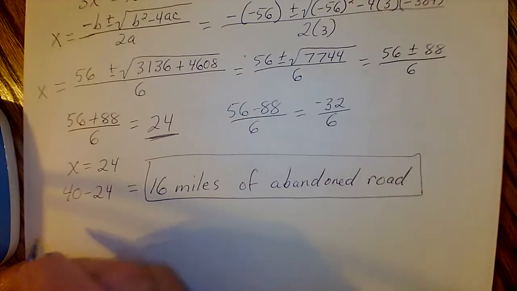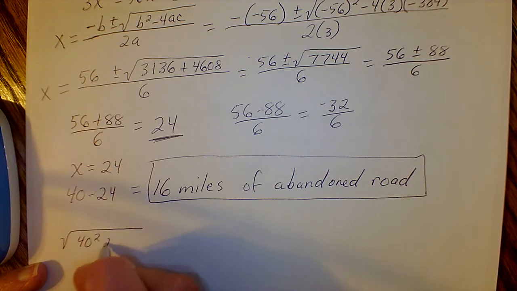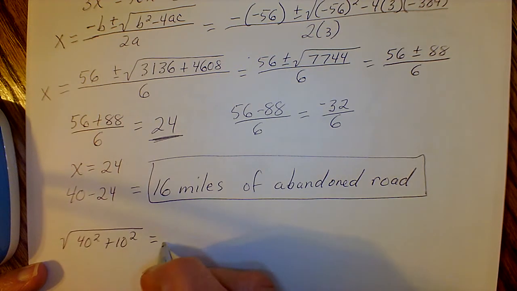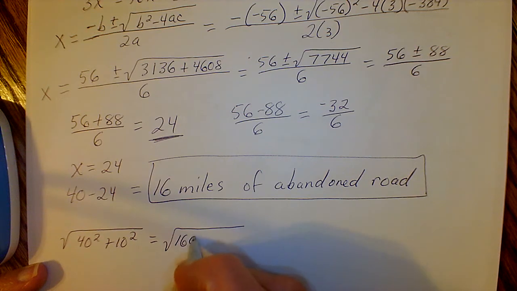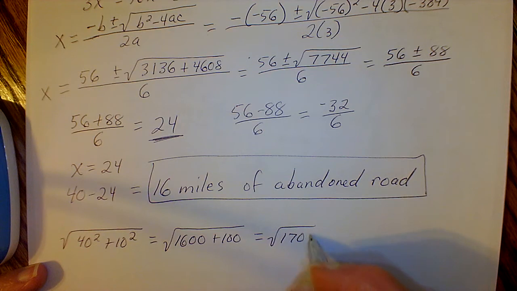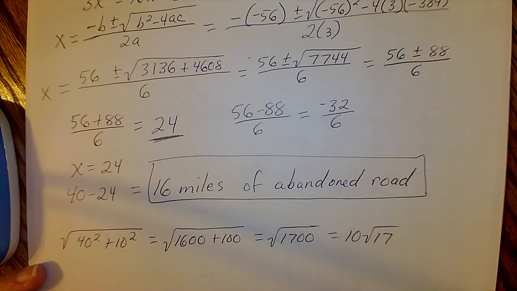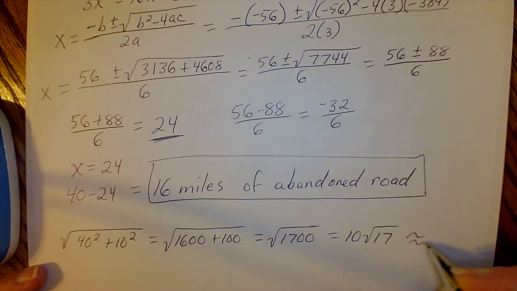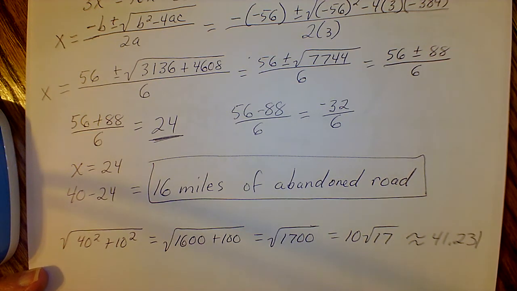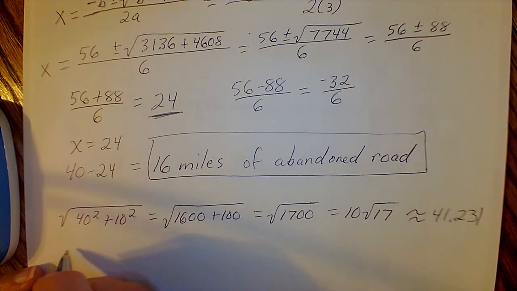It would be all new road, and so we've got the square root of 40 squared plus 10 squared is going to give us the square root of 1600 plus 100, so that's the square root of 1700. So that's going to give us 10 times the square root of 17, which works out to be approximately 41.231. And so over here, it's all brand new road, so we're going to be multiplying that 41.23 miles,